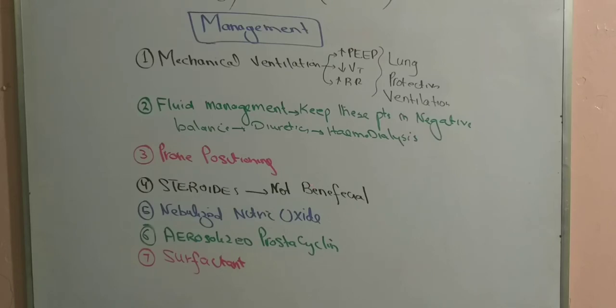And one thing which is also very important: if sepsis is the cause of the ARDS, you have to give broad spectrum antibiotics. If pneumonia is the cause of the ARDS, you are to start the patient on broad spectrum antibiotics covering both gram-positive, gram-negative, MRSA and anaerobes. But once you have obtained the reports of the culture sensitivity of the tracheal secretions and the blood, then you will scale down or escalate the antibiotics targeting the culture and sensitivity report.